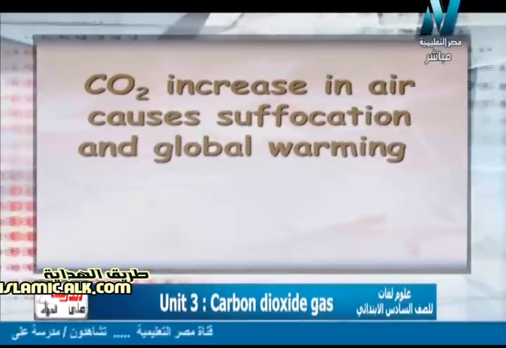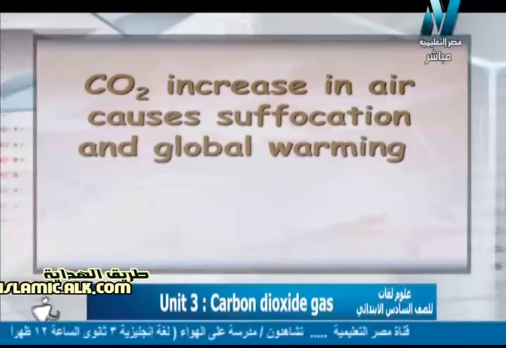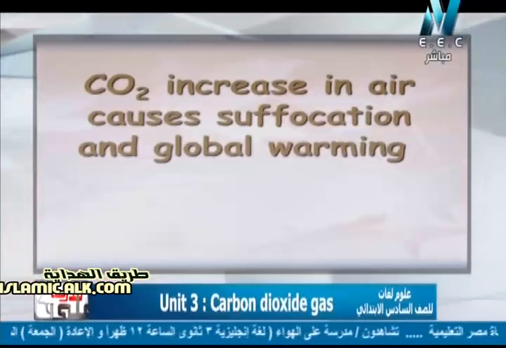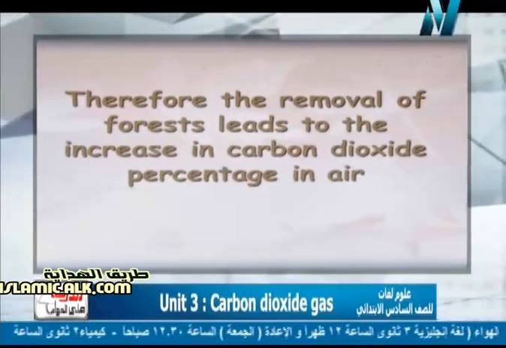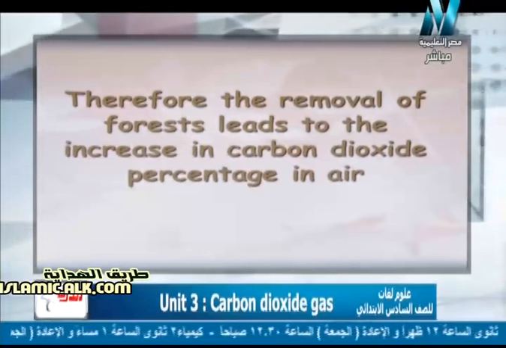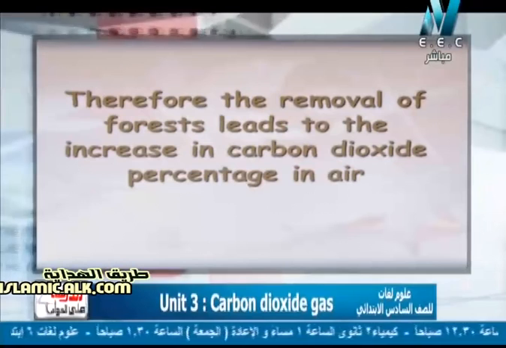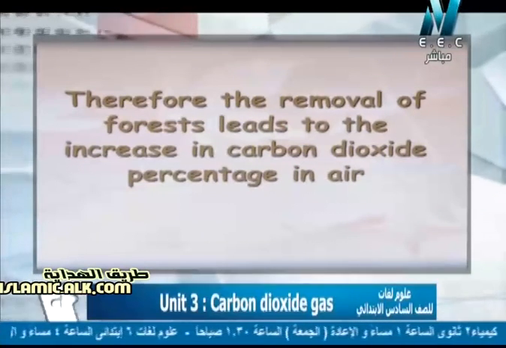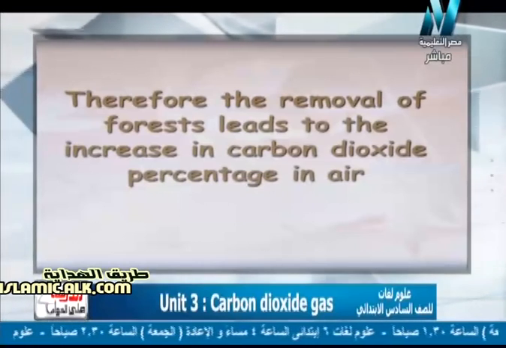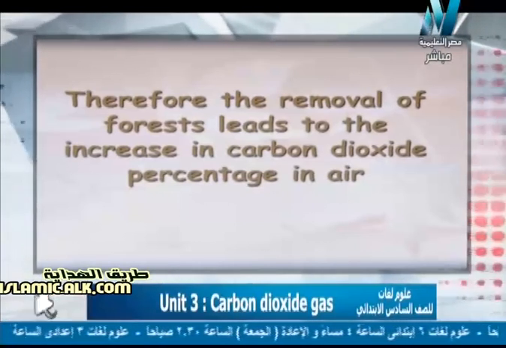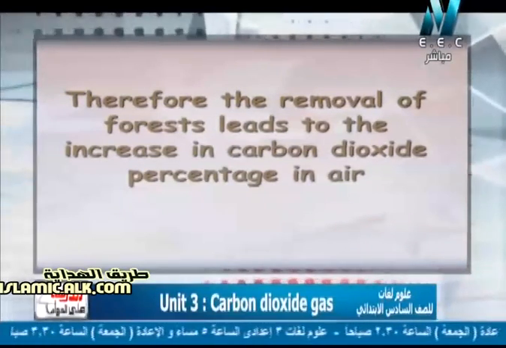So again, CO2 gas increase in air causes many dangerous problems such as suffocation and also global warming. So therefore, the removal of forests leads to the increase in carbon dioxide gas percentage in air. يعني إزالة الغابات حاجة خطرة جدا. يعني please لازم نزود أي green area. Please save as possible all the green area or all the plant. لكن لما بنشيل غابات أو أي green plant ده هيزود الكربون دايوكسيد جاز في الاير وهيسبب لي مشاكل كتير قوي